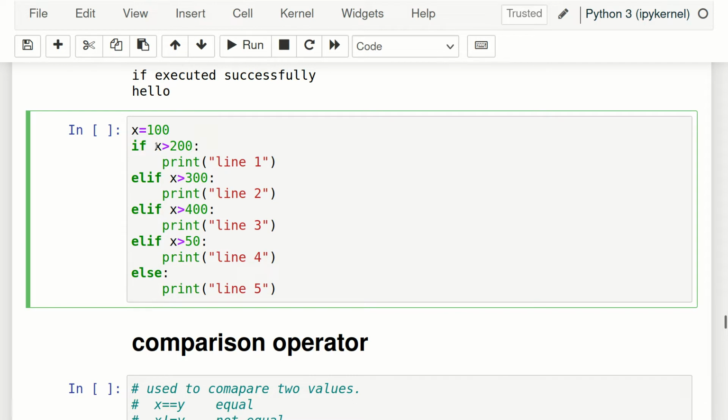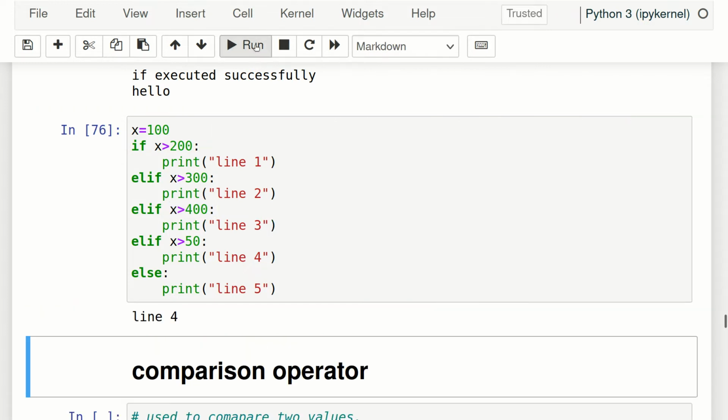We will go to this if it is false, we will go to this if false, then this, if false, then this, and if this is also false, then finally else will be executed. And if I start from here and in the middle any if is true, then we will run only that block, and then we will come out of if else totally. Now let me run this.